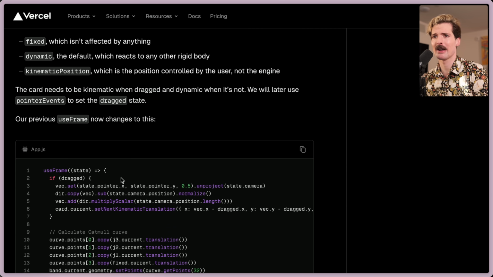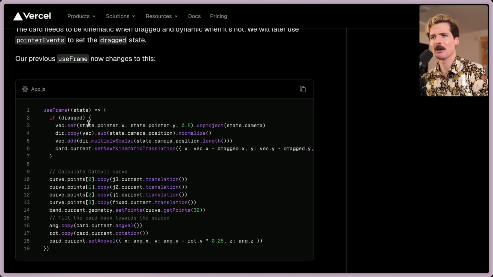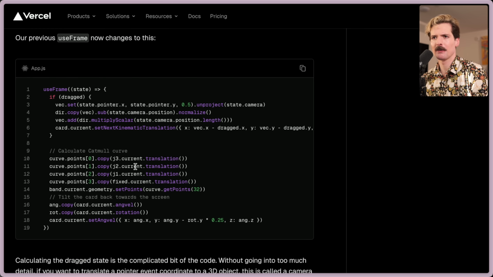So the previous use frame code now changes. If dragged, then we set the pointer location to be wherever we're currently putting the pointer. We set the vector's location to be wherever the pointer is. And we unproject the camera. Not necessarily sure what that is for. Hopefully we'll figure out a bit more in a bit. We copy the vector and the camera position and we normalize them. We then add the scalar based on the camera's position. And then we set the next kinematic translation, which is like the inertia based on what we have done there in our drag. And then we calculate the current curves and where the band should be for everything else,